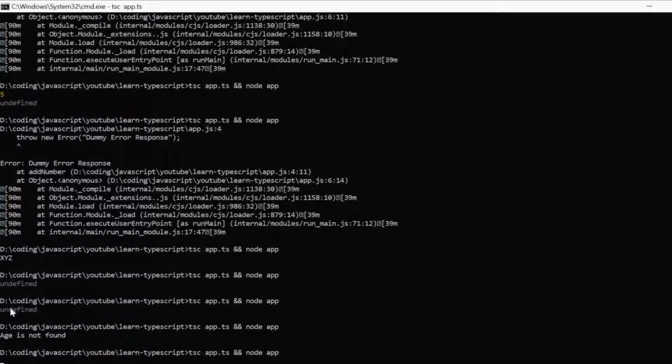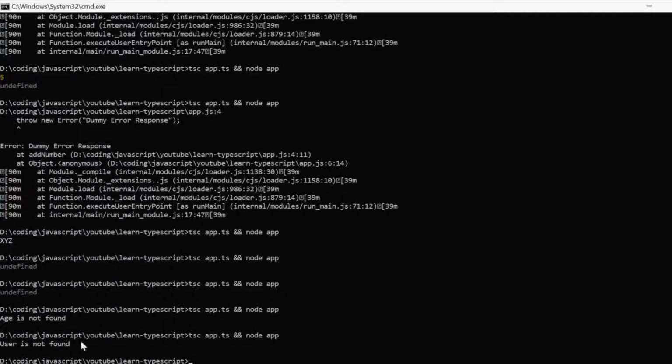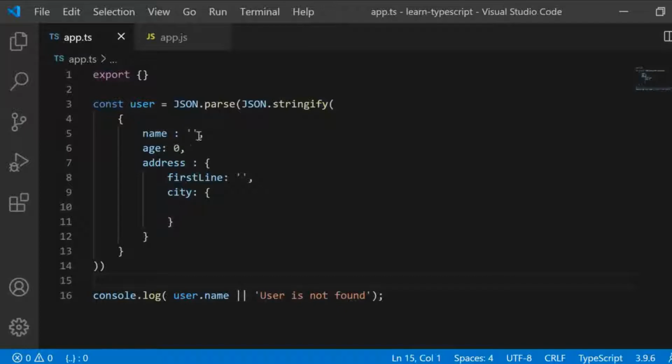Can you see? The reason is the same: since it's a blank string, it's evaluating to a falsy value. But it's okay, some user might not want to enter their name. That does not mean that the entire user is not present, right?